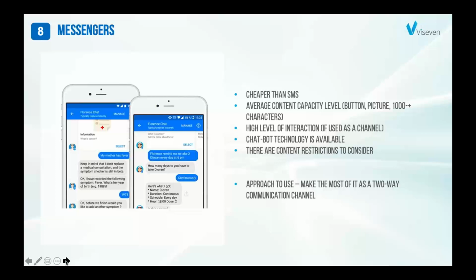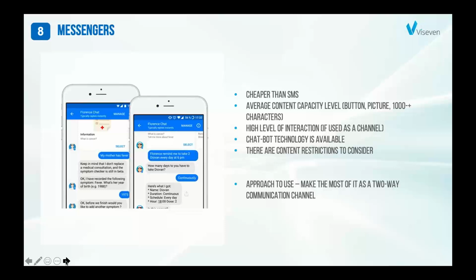And of course, one of the biggest advantages of the messengers is a really high level of interaction that can be achieved through this channel. You really can get the feedback from the HCP. You can also use chatbot technology, for example, in order to collect some feedback, in order to make this communication more powerful, more advanced.